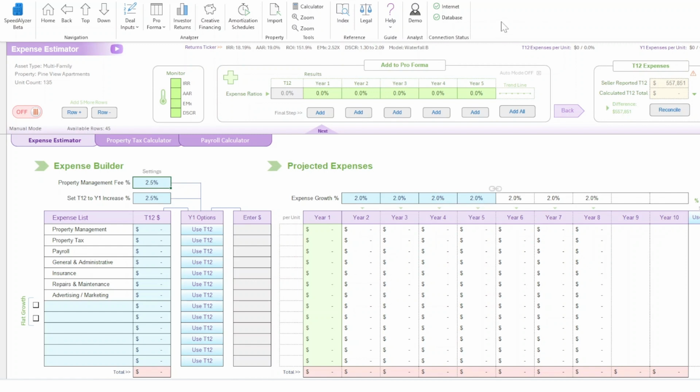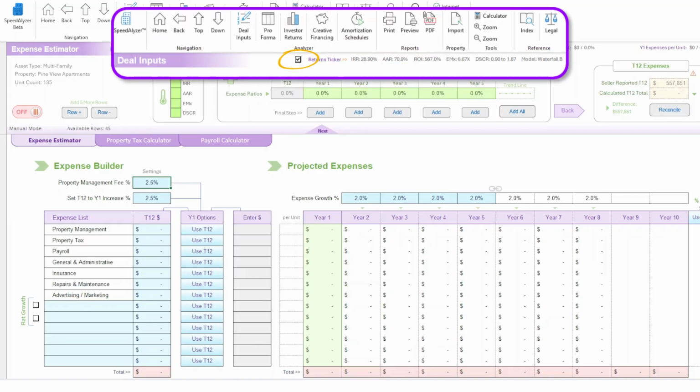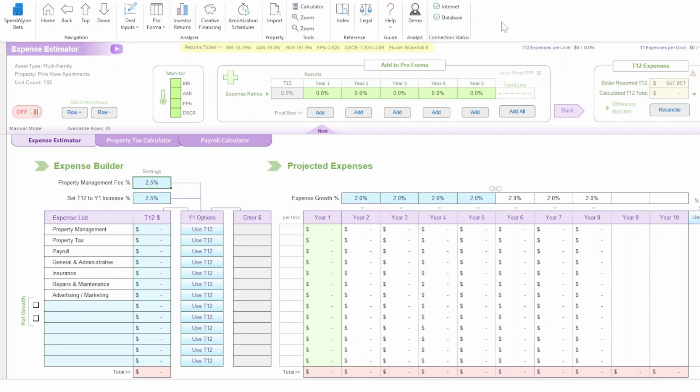Let's start by looking at some of the features in the top header. Across the top, you'll see the same returns ticker used throughout the analyzer. If it's turned off, you can enable it from the top of the Deal Inputs page. This ticker provides real-time feedback on key metrics like IRR, AAR, ROI, equity multiple, and DSCR as you work through